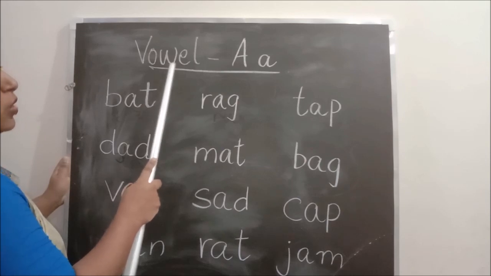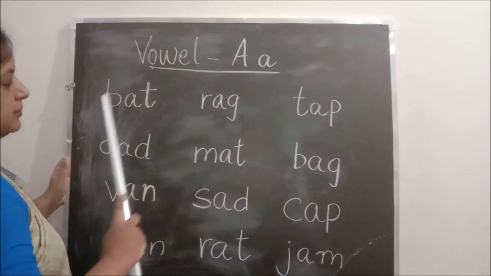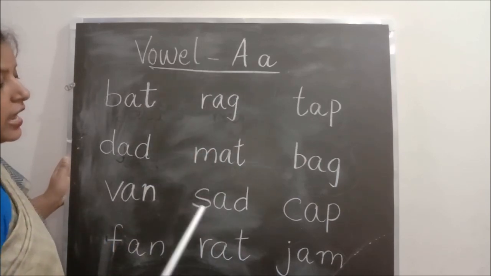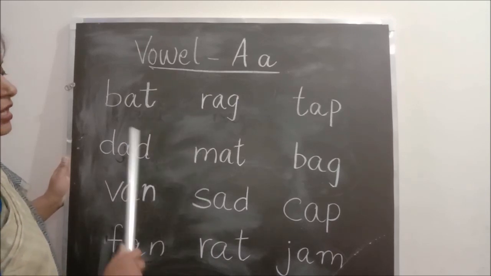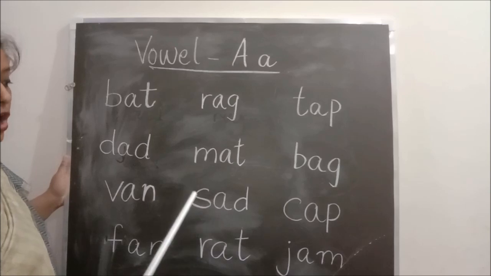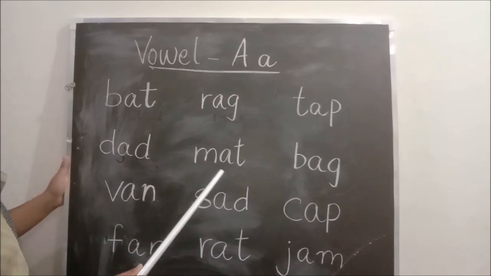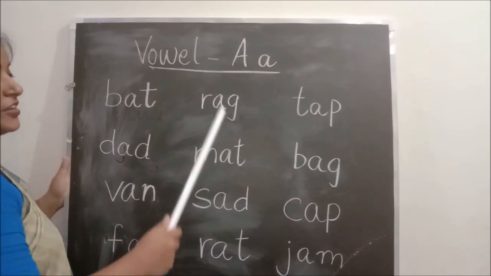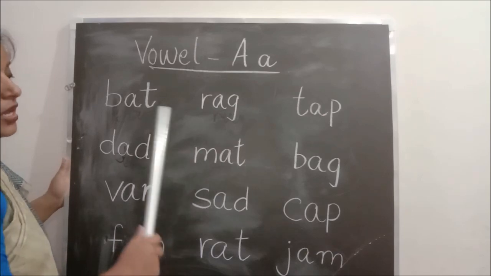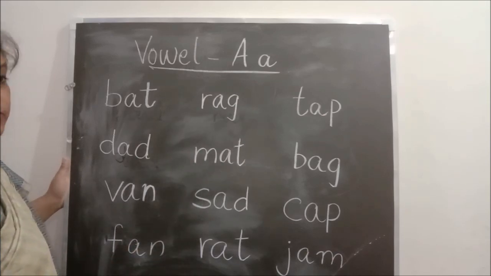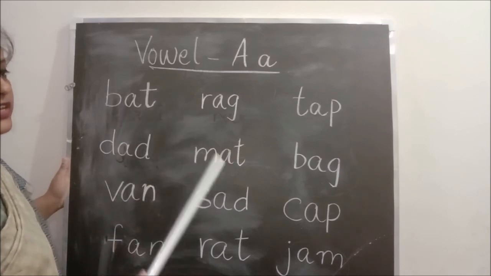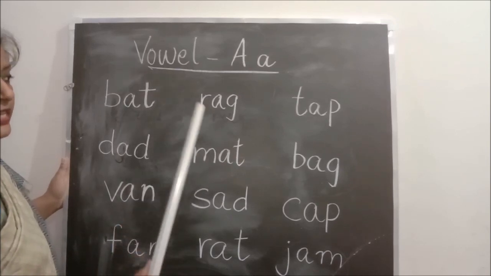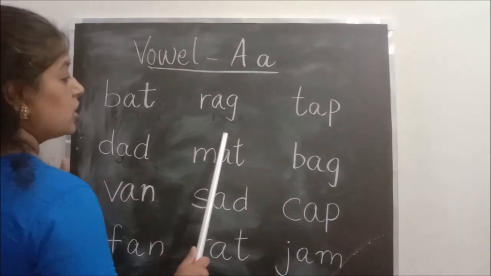Let's start with vowel A, 3-letter words. Here, can you see? I have written 3-letter words with random combination. These words are all given in your Interactive Approach to English Reader, where they are given in sequence combination. Here I have jumbled them up. Clear? This is a revision. You are going to revise it from your book, Interactive Approach to English Reader.